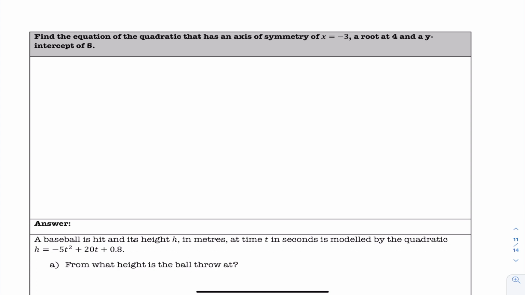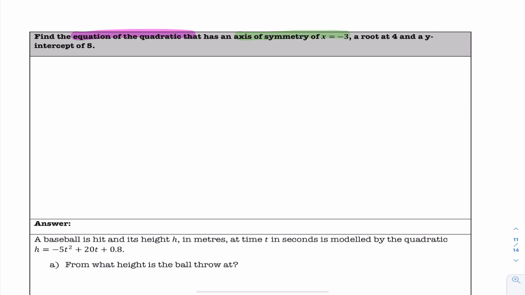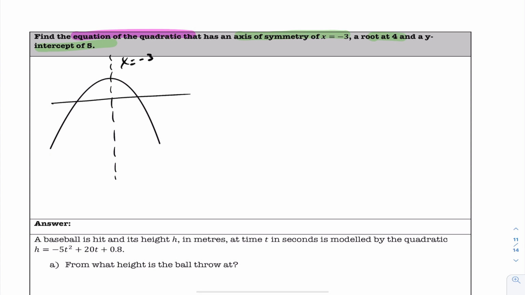So for this question here, another find the equation of the quadratic. This time they tell us that we have an axis of symmetry of negative 3, a root at 4, and a y-intercept of 5. Now I don't know the direction of opening of this quadratic. Let's assume it opens downwards, for instance. I know I have an axis of symmetry here of x equals negative 3, and I know it has at least one root. But because the root here is at 4, and the axis of symmetry is at negative 3, I know the distance from the root to the axis of symmetry is a distance of 7,